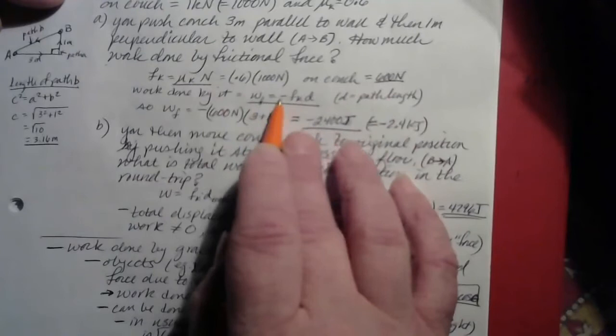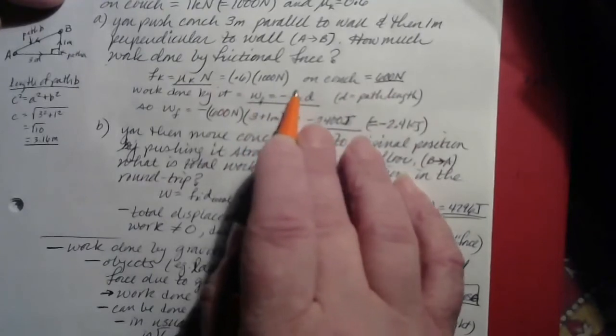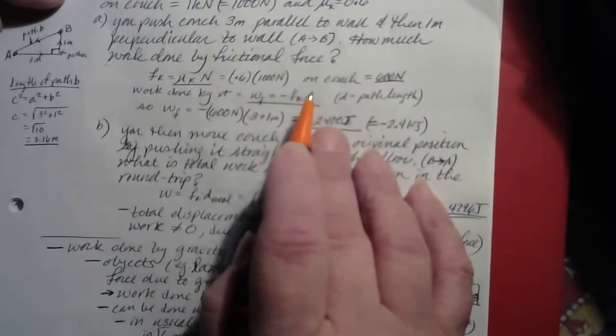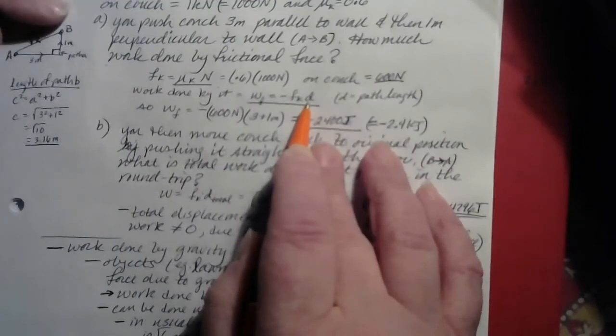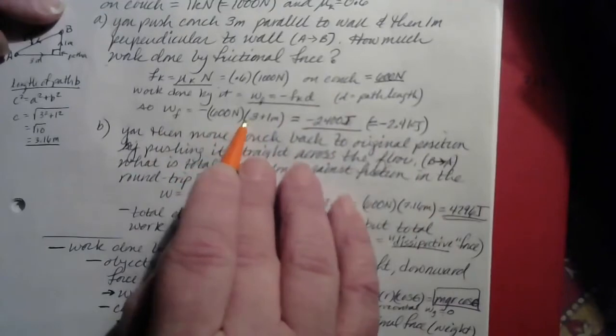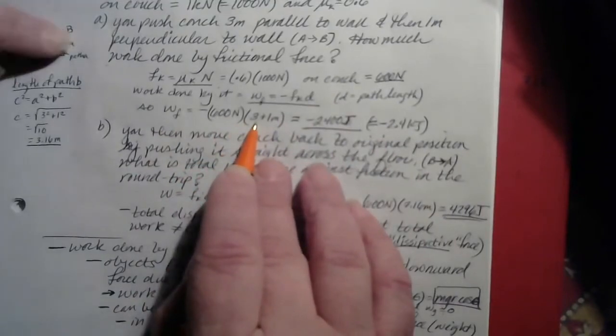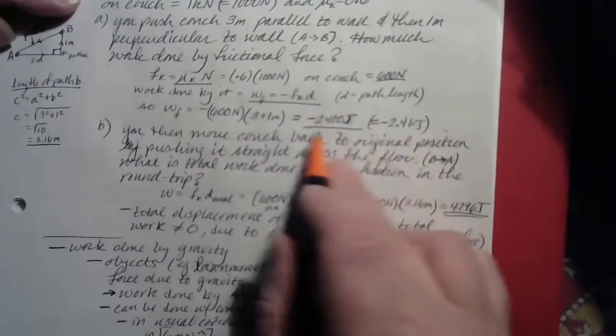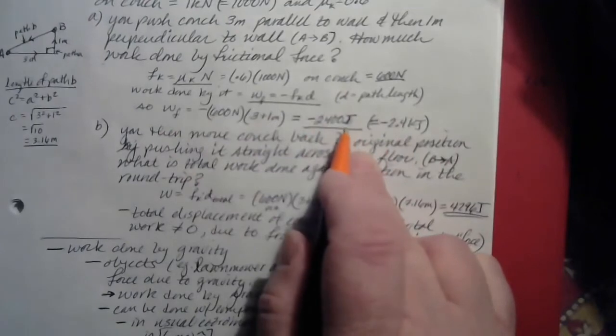So work done by friction, or W_F, equals negative Fk, that is the force due to kinetic friction, times the distance that the couch was moved. So that's negative 600 newtons times 3 meters plus 1 meter, which is 4 meters,